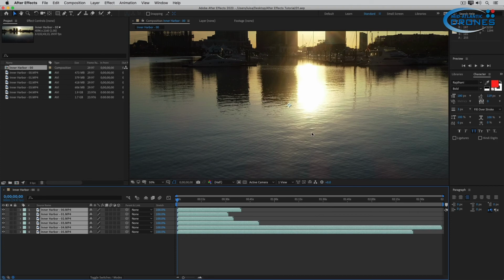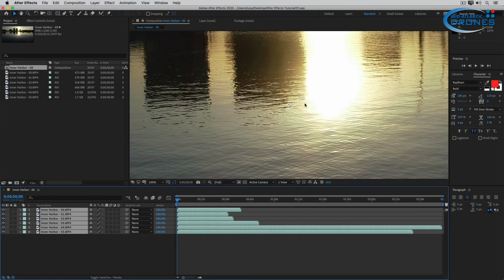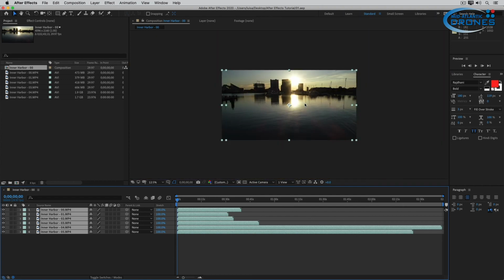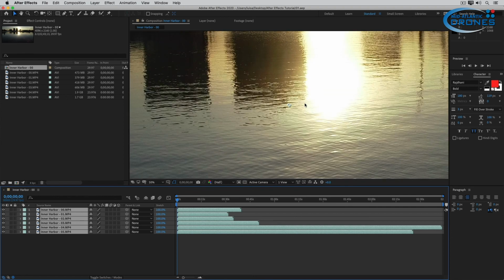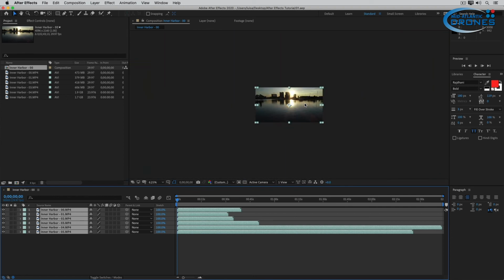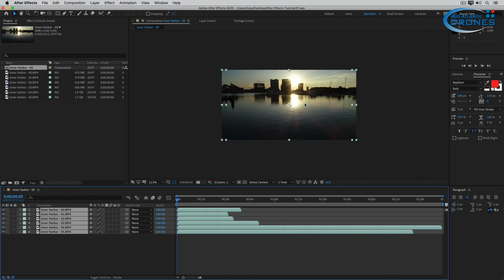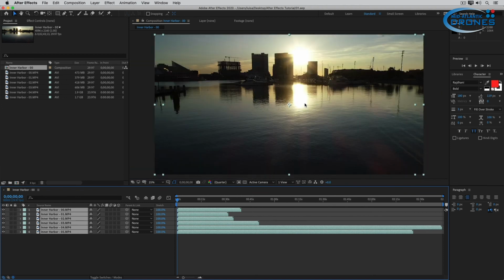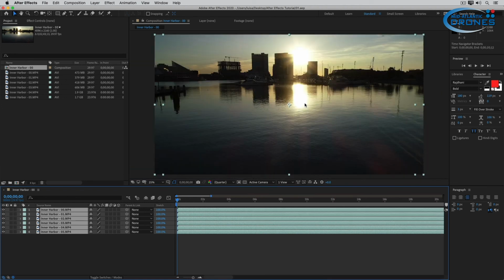Now that I have my composition, I'm going to press Command-S, which is Control-S on Windows, and now my file is saved. All right, we're almost done. All I want to talk about is how to zoom out of the comp panel. You can use your mouse scroll wheel while your mouse is on top of the panel. You can also use the period and the comma keys. Those are also the greater than, lesser than icons. And if you want to zoom in and out of the timeline, that is the plus and the minus key